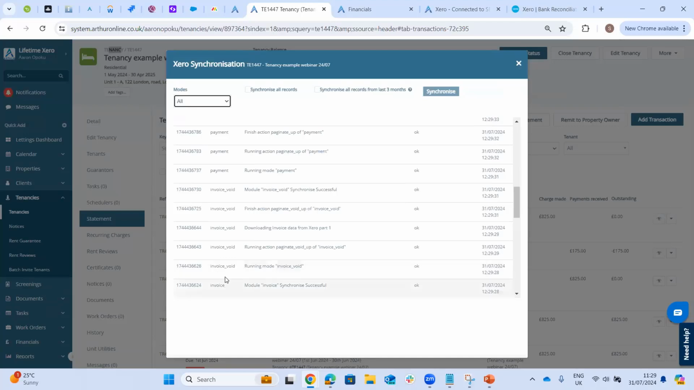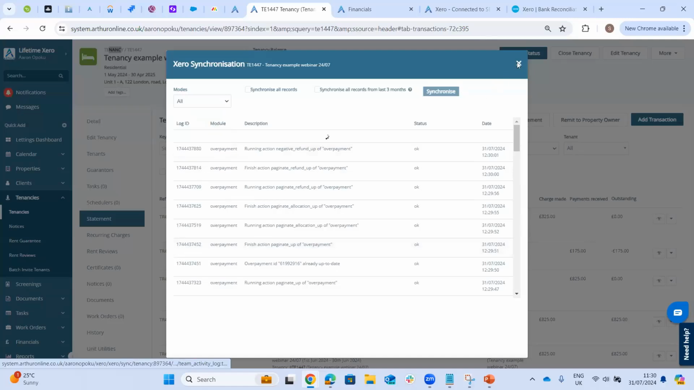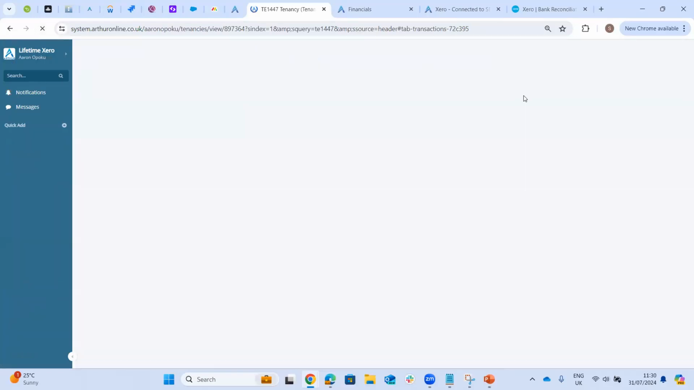Here you can see it is syncing all the modes one by one in this order. Overpayment mode will sync back that £25 rent overpayment we just processed. Credit notes sync any charge credits you've created against the tenant. Let's say you create a bad debt write-off, which is a charge credit, that will sync across in the credit note mode. You can also sync deposits and the tenant remittance mode. So I think what we need should have already synced over. So if I refresh my screen,